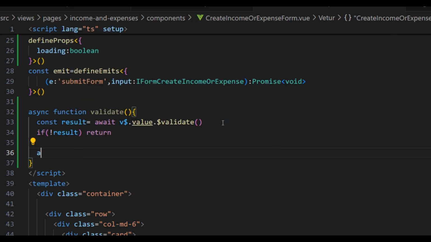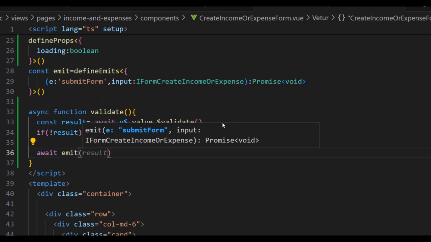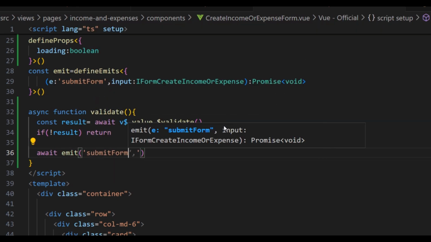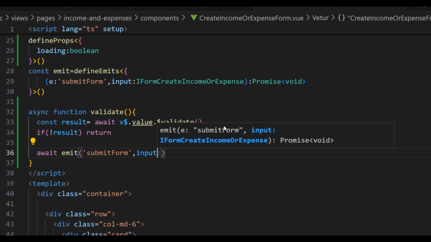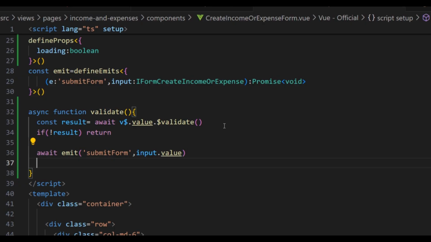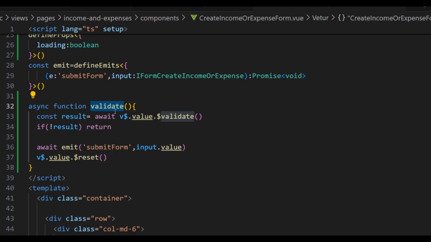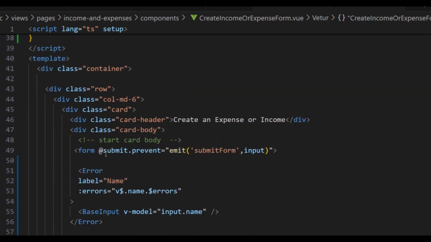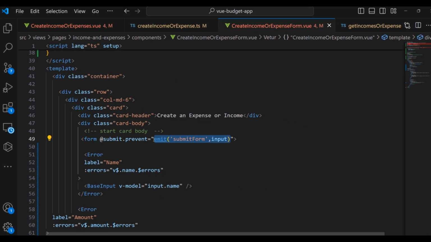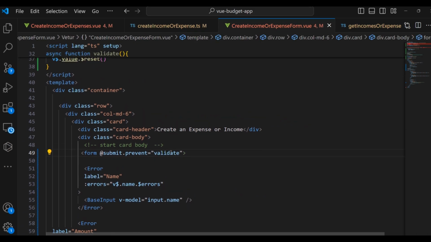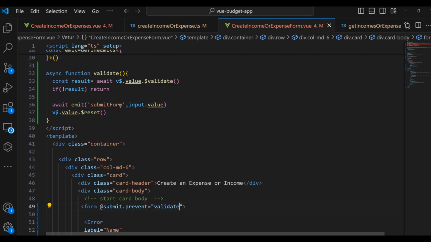We're going to pass here await because it's an asynchronous function. It returns a promise, and then we're going to pass here emit. Then we're going to pass here submit form, but also the input value. We are going to reset the validation, and then we are going to replace it. We're going to pass it to our submit prevent function. We are going to call this function, and within the validate function, they are going to emit our submit form